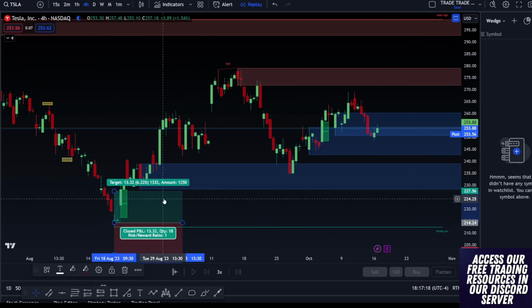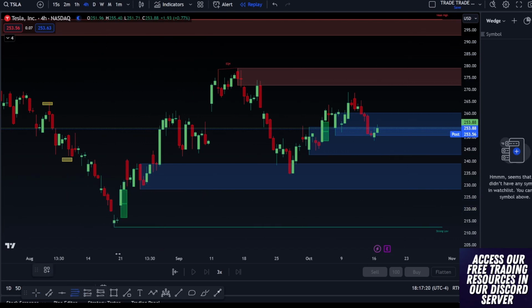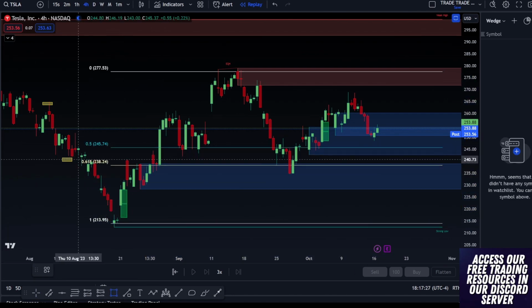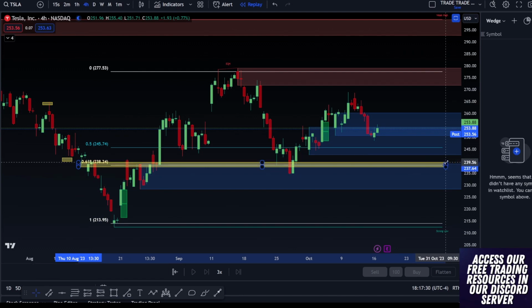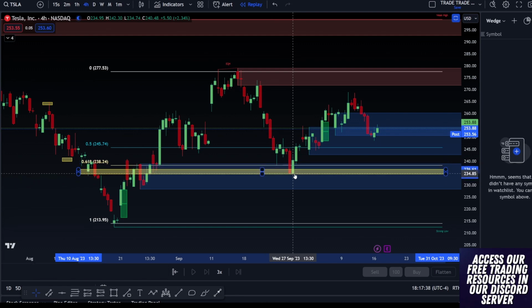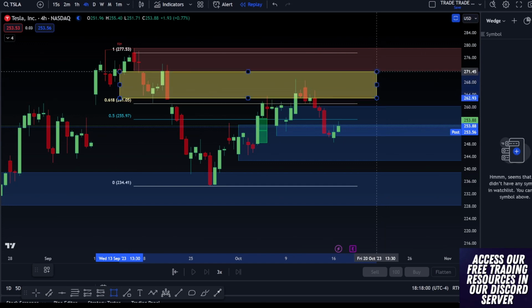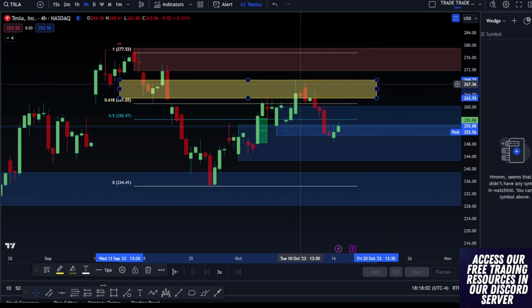But even with this fib, like how we were talking about with golden fibs and those levels, right? This here is the 0.618, which means a 61% pullback from this high. But like we were saying, with the stop loss down here, this is your 70% range. 0.618 right here is our golden zone. But then look what happens. We pushed over it momentarily. Think of how many people got stopped out.